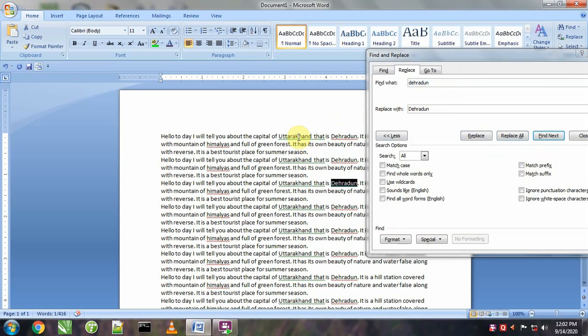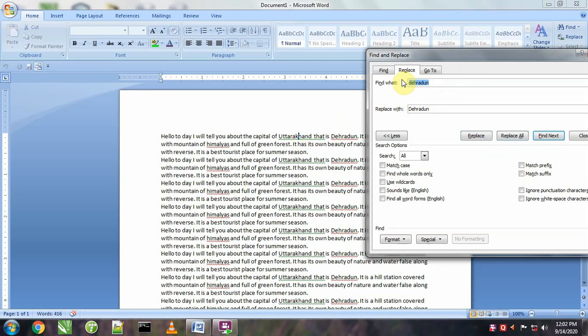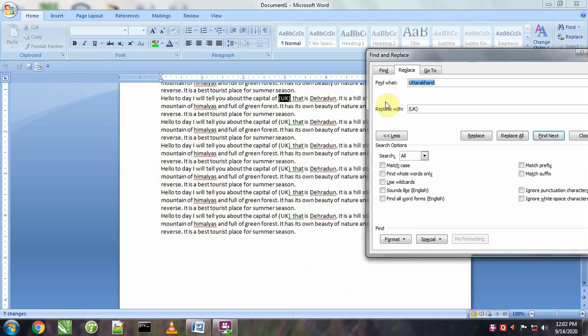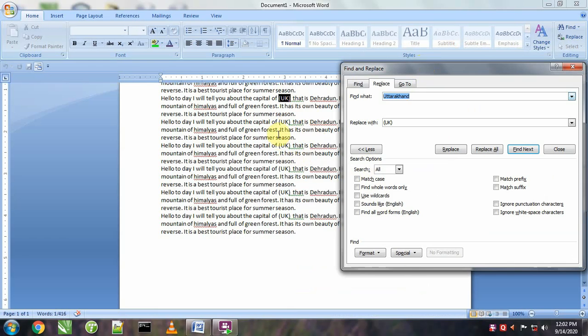Now if I want to replace all Uttarakhand with UK, I will select this word and here I will write like this. I want to write UK in place of Uttarakhand. So I will say replace and we can look here, Uttarakhand has been replaced with UK. As soon as we click on replace all, all Uttarakhand will be replaced by the UK word. Like this we can replace a word with some other word in a document. So it is a very useful command with which we can convert a word with the help of another word. We can replace according to our choice.